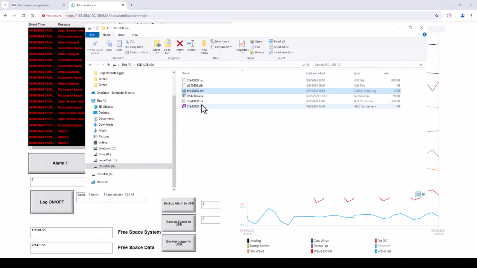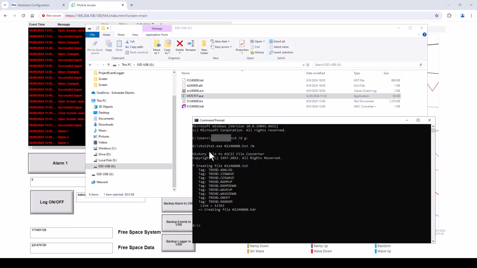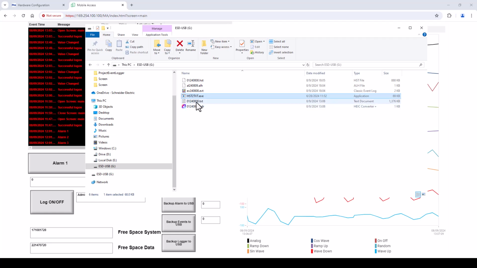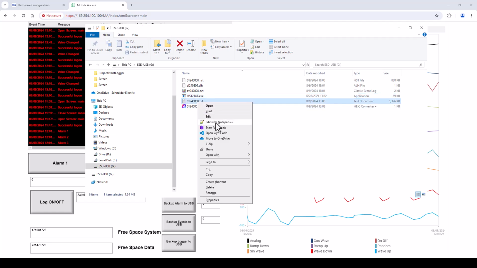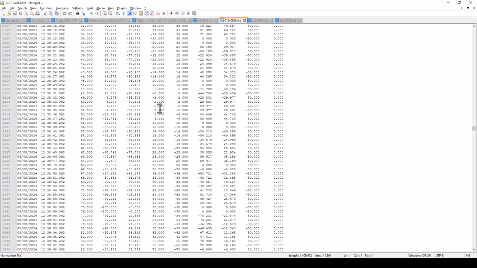Okay. And then what I did is I cheated a little bit. I ran the hist2text on the .hst file, and then it creates this text file. If we look at what that text file looks like, you could see I've got data all the way back to yesterday, basically at 12:38 p.m. time in the